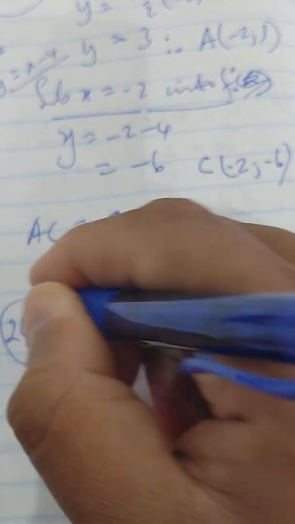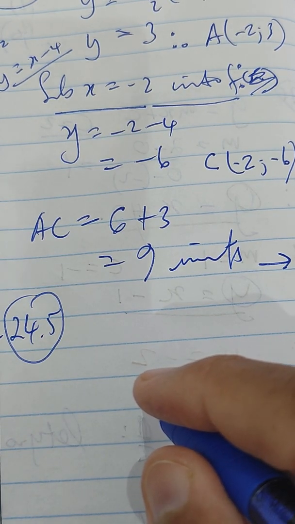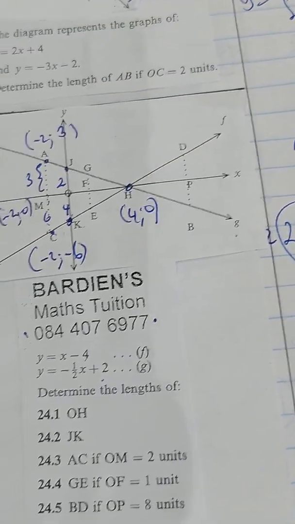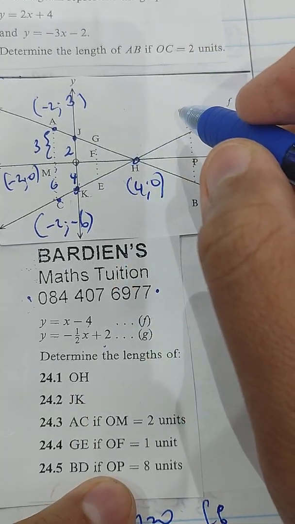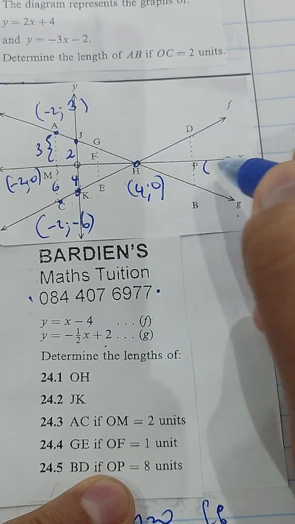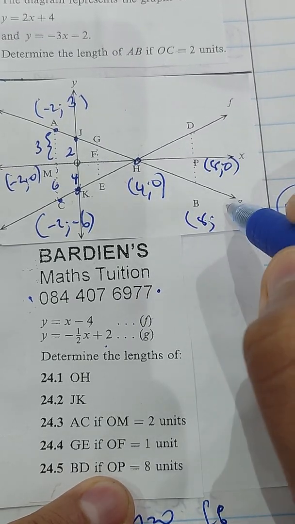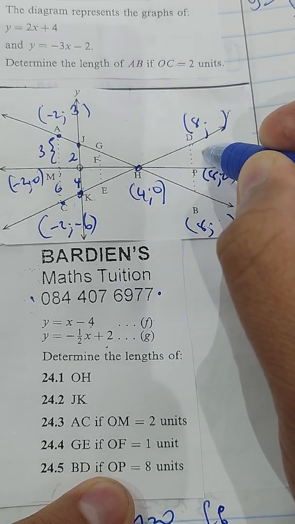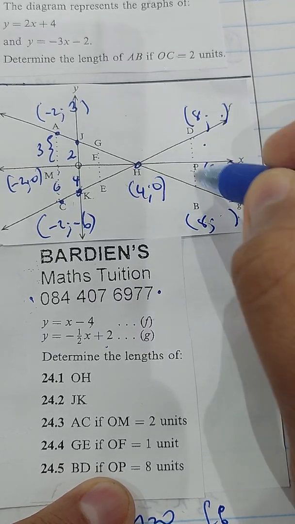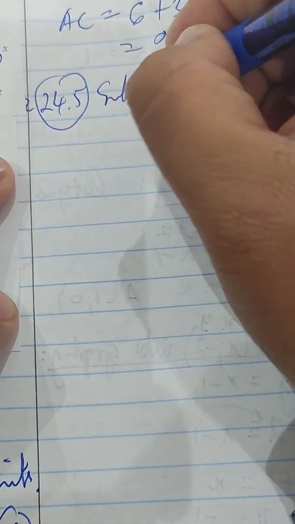Then in 24.5, the last question: DB, if OP is 8 units. So OP is 8. So what's your x value here? 8 and 0. What are the coordinates here? B is going to be 8 and a y value, and D is going to be 8 and some y value. Once I get that y value, the length of y there and the length of y here, I add them together to get DB. So we'll substitute x equal to 8